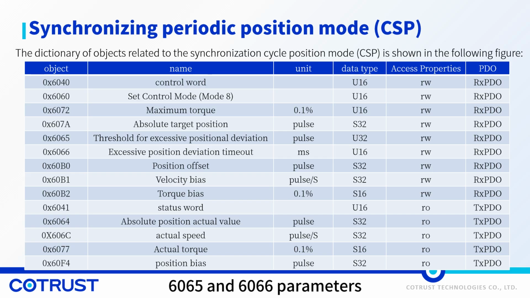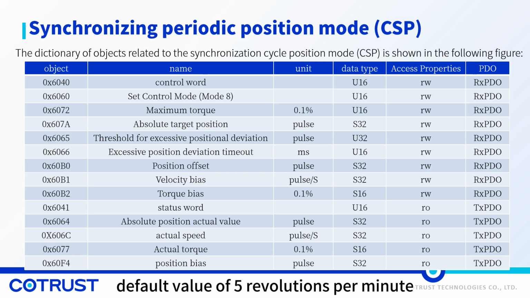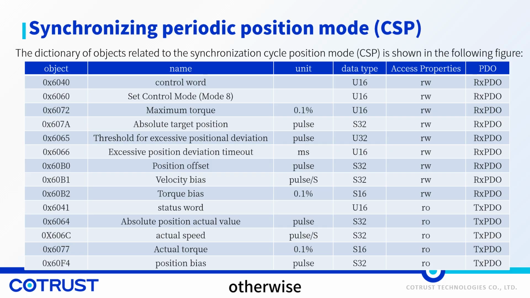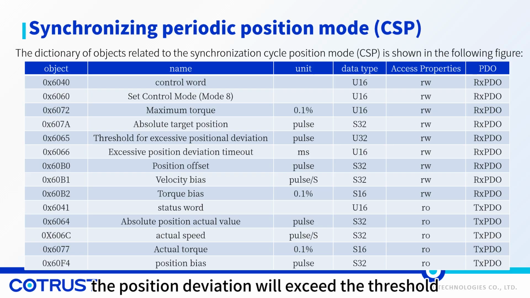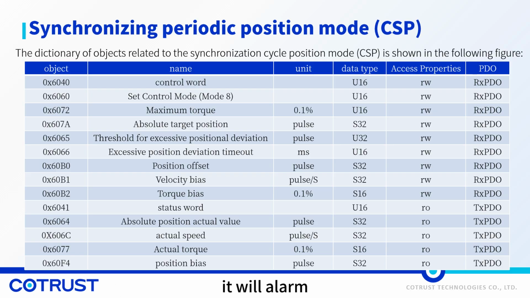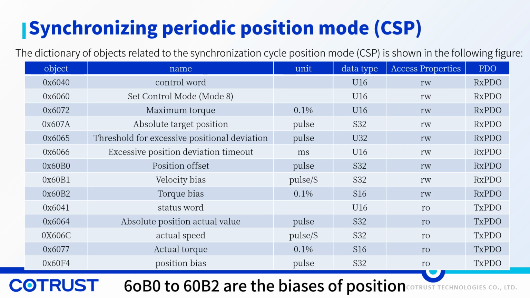6060 and 6066 parameters: if you don't need additional settings, you don't need to add them. They will have a factory default value of 5 revolutions per minute. If this parameter is added, you must set the value for it. Otherwise, the position deviation will exceed the threshold for a long time after operation. It will alarm. 60B0 to 60B2 are the offsets of position, speed, and torque respectively, which can be set